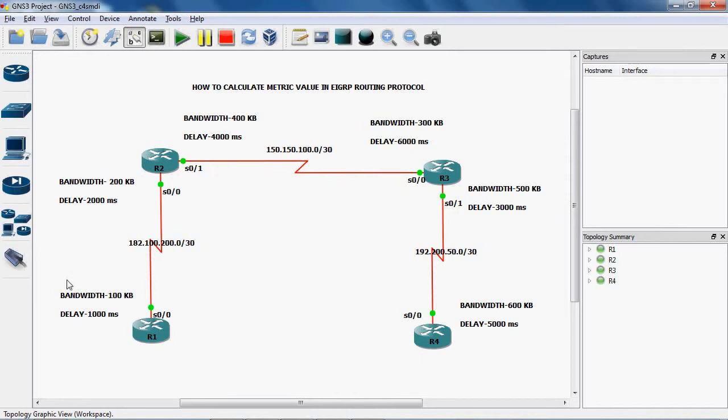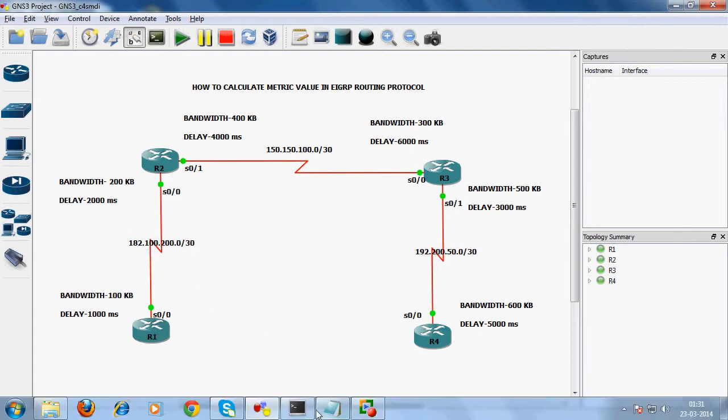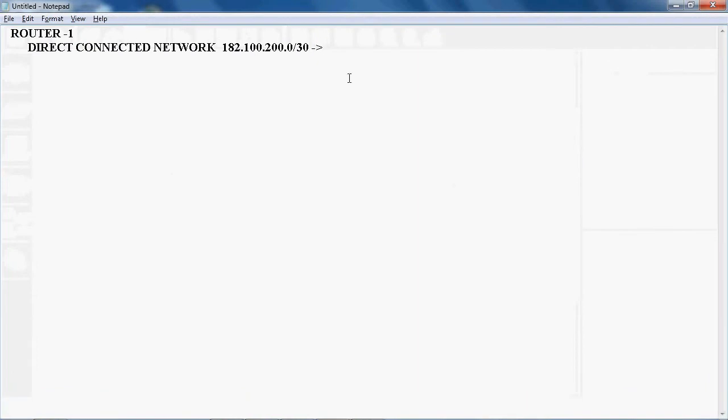1000 milliseconds. So we can take in this value only, because this network can be connected through this port, serial 0/0. So we can go to that notepad. So that formula is 256